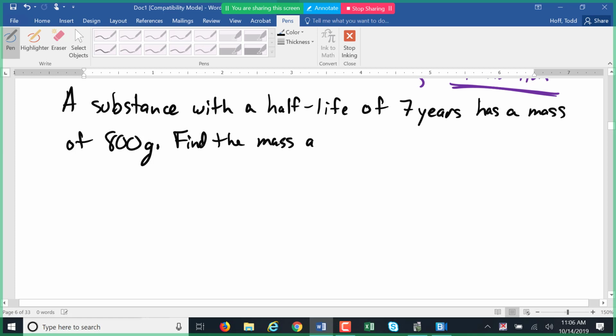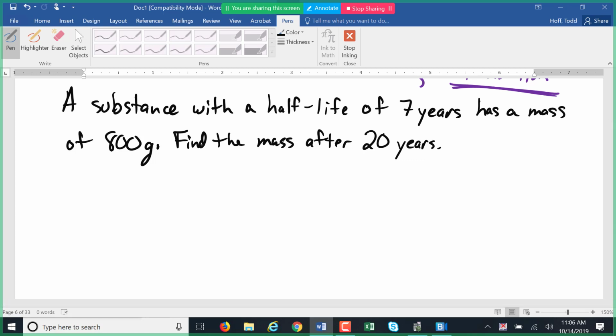Find the mass after 20 years. Now I chose that 20 years on purpose. It's not an even number of half-lives. 21 years would have been exactly 3 half-lives. Doesn't matter. So our formula here is going to be